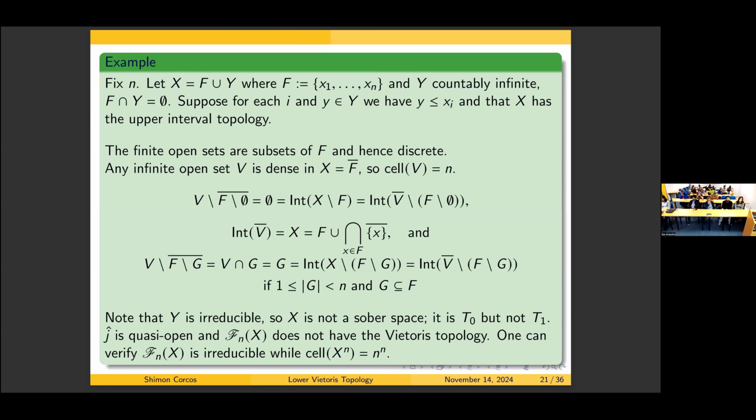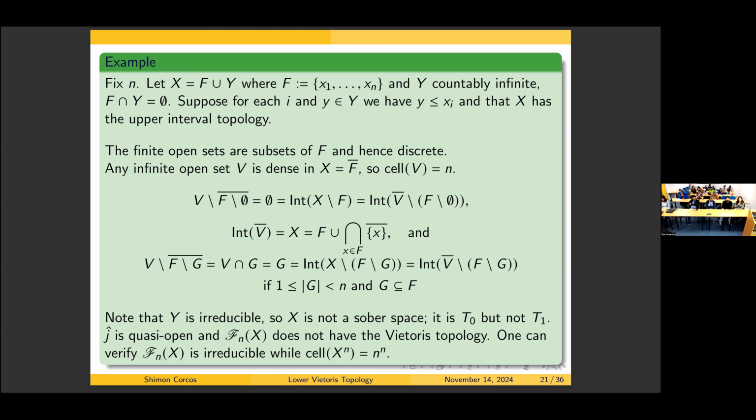Also, this space is not a sober space. It is T0, but it's not T1. And so because the space X satisfies the properties in our theorem, our map J hat is quasi-open. However, we should note that we can actually show that this hyperspace of n element sets is irreducible, so it's